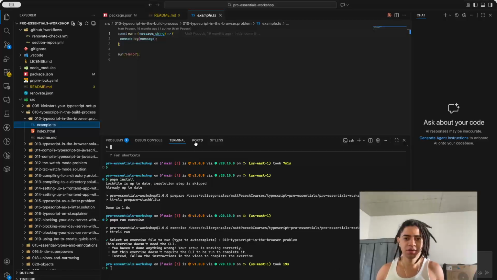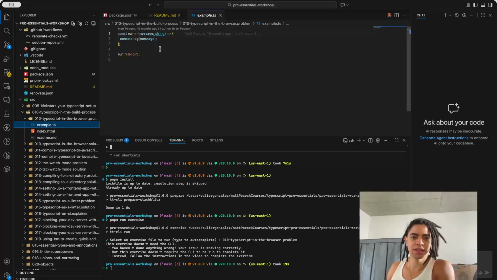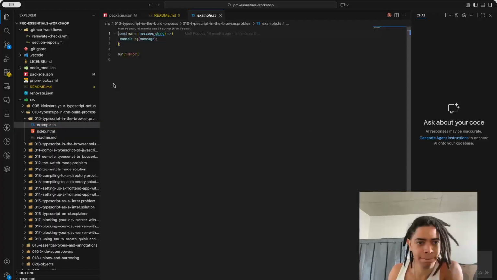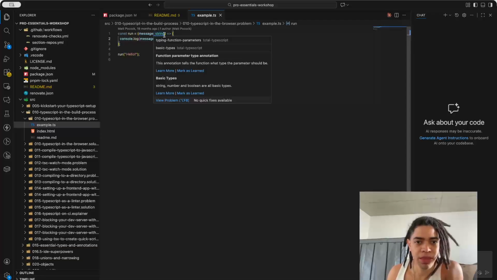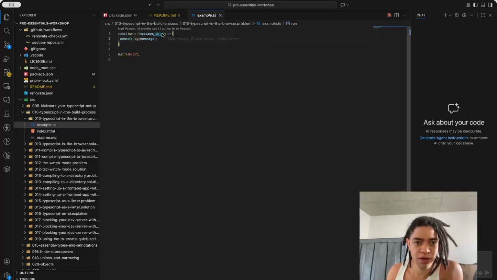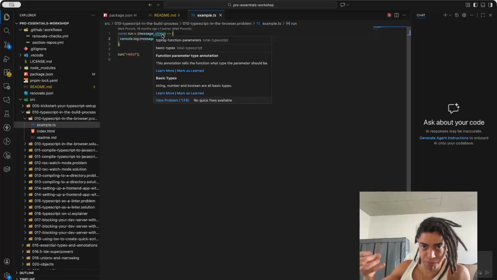Well, the exercise here is actually pretty descriptive, I'd say, because message here is now a function. You can see here, this is JavaScript, just plain JavaScript. It's telling here, hey, string here. It's a typing function parameter, basic types, function parameter type annotations. This annotation tells the function what type the parameter should be. Okay. And then you have the basic type, which is the primitive in JavaScript,